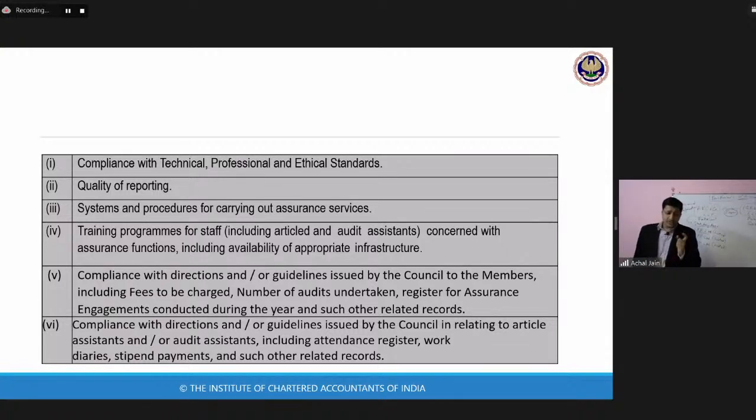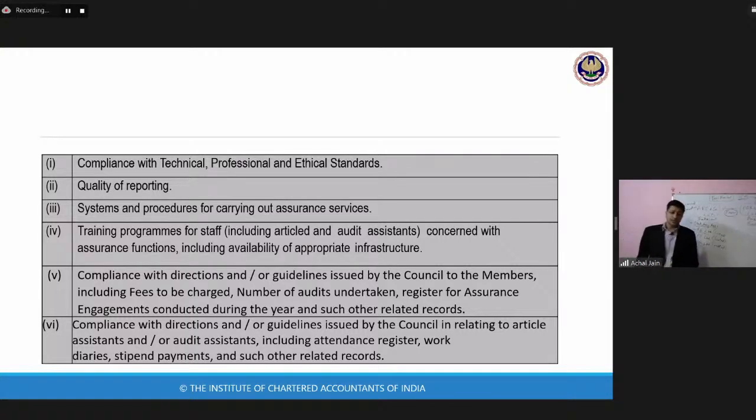Systems and procedures for carrying out assurance services means the entire process which would have been followed by this practice unit in terms of conducting the audit. Training program for staff, including the articled and the audit assistants who were involved in the assurance functions, including availability